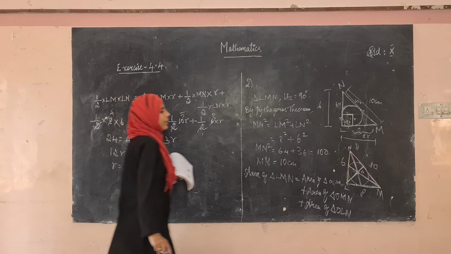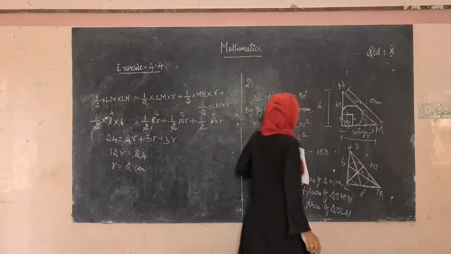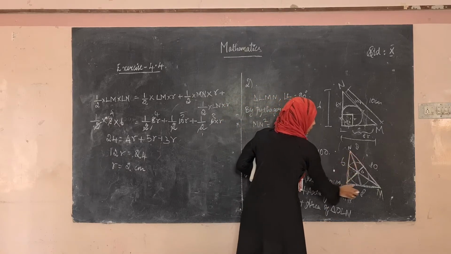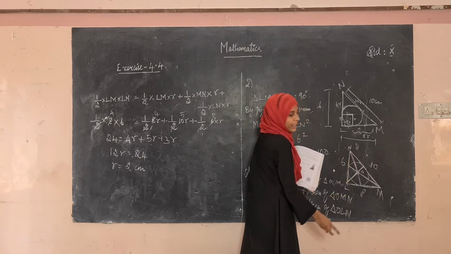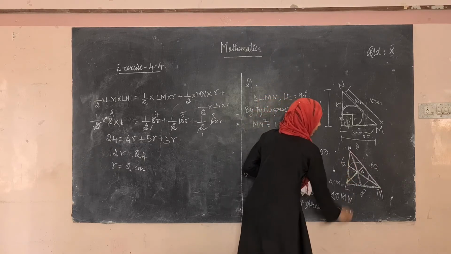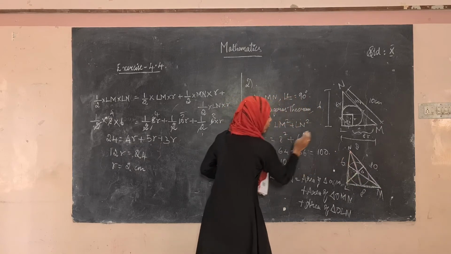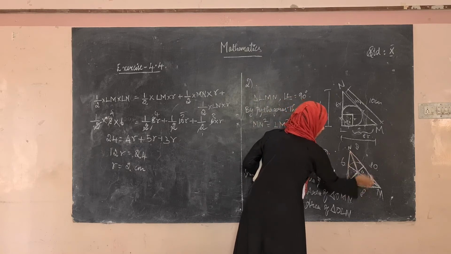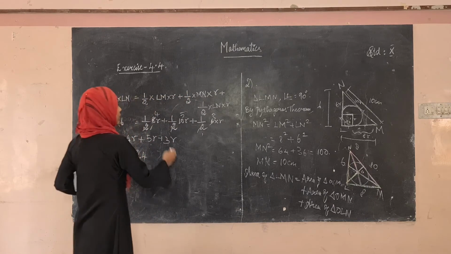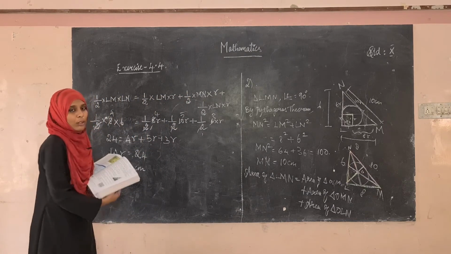So first thing what we have found is, we just found the value of this side, hypotenuse side. After finding that, we took the altitude and we divided this whole right angle triangle into 3 triangles. This one and this one. This is also a right angle triangle, right? So the area of the whole right angle triangle is equal to the sum of the area of the 3 triangles, and we are taking the area of the right angle triangle as half into breadth into height. We are taking that formula and we found the value of R.